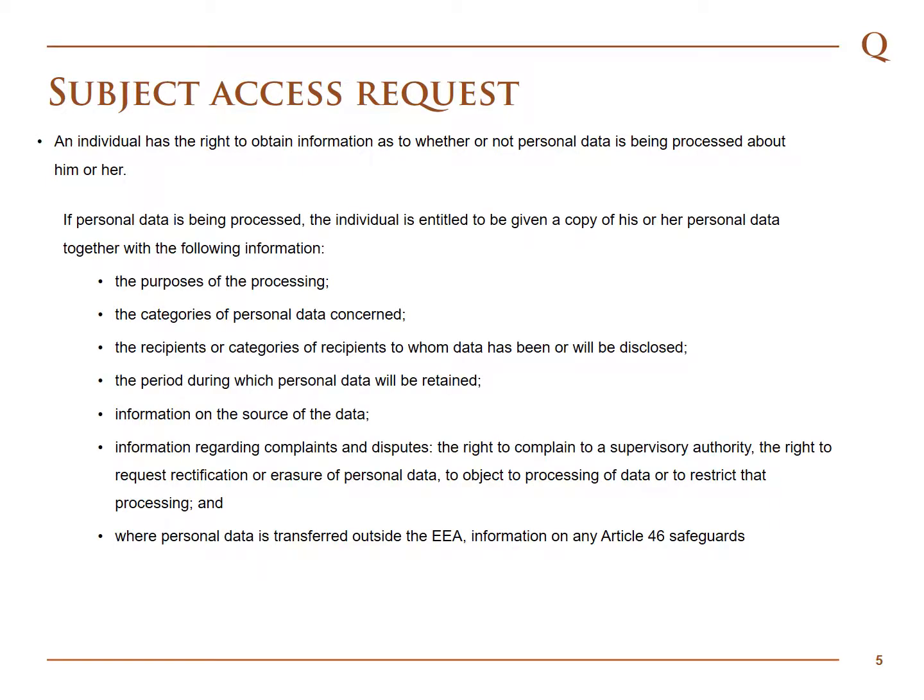We also need to remember that if personal data is being processed, the individual is entitled to be given a copy of his or her personal data together with the following information: the purpose of the processing, the categories of personal data concerned, the recipients or categories of recipients to whom data has been or will be disclosed, the period during which personal data will be retained, information on the source of the data, any information regarding complaints and disputes,